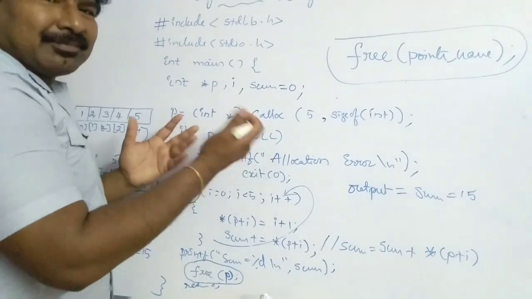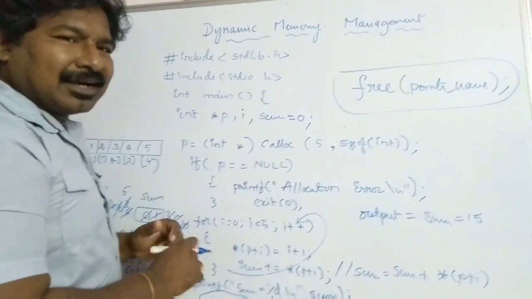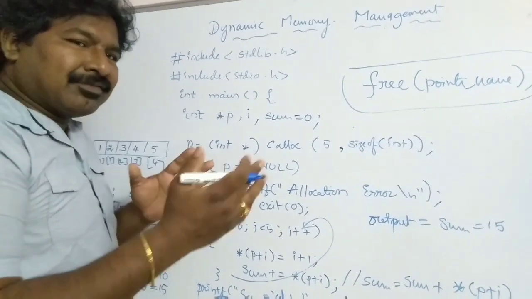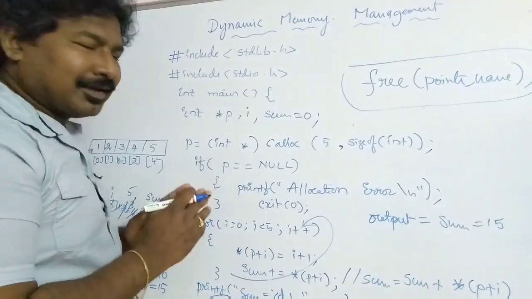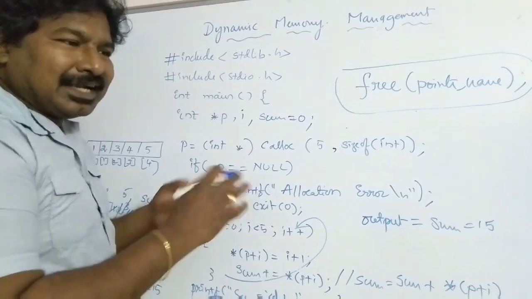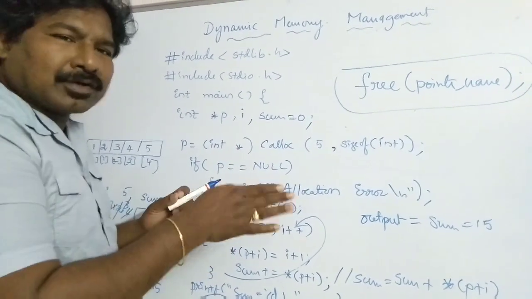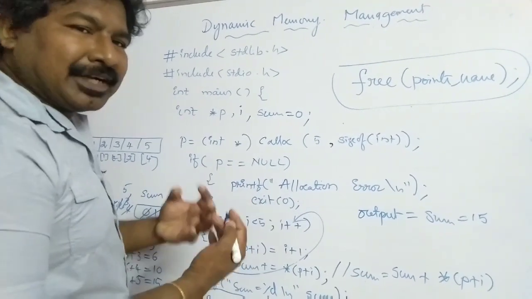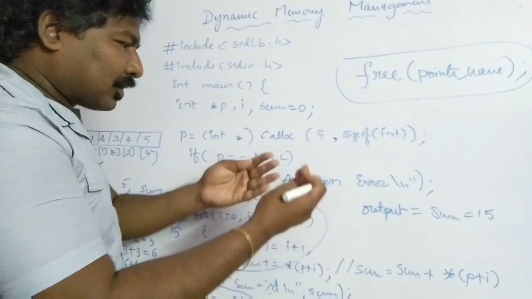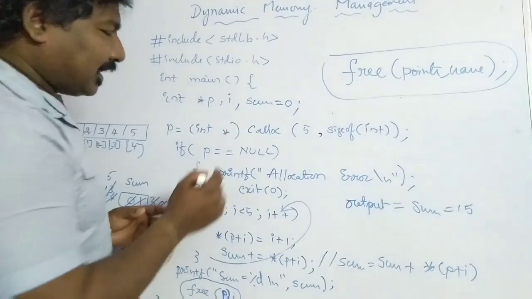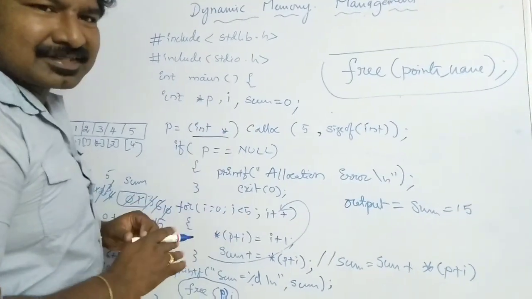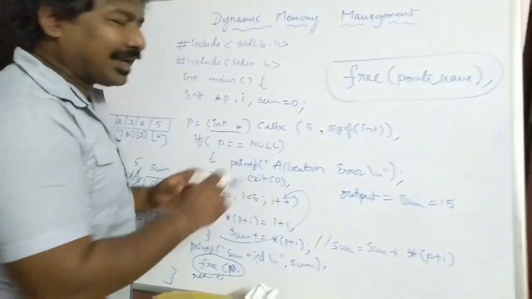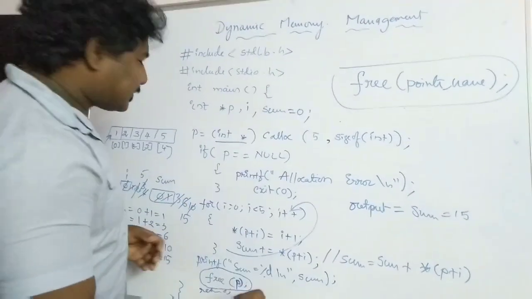The difference between malloc and calloc is that calloc will have different blocks. Malloc gives you a single block of memory, whereas calloc gives you different blocks of memory, and all those blocks are interlinked together. Like malloc, it returns the address of the first block and gives it to the pointer p, and you need to apply the casting int star. Another important concept here is that when you use calloc, all the elements are initialized to 0.